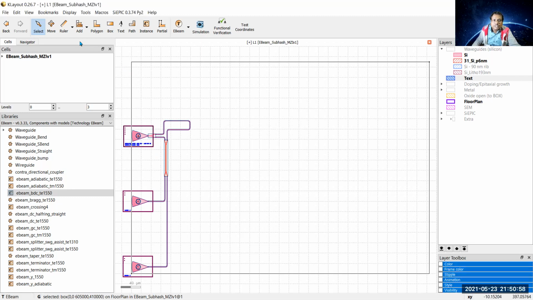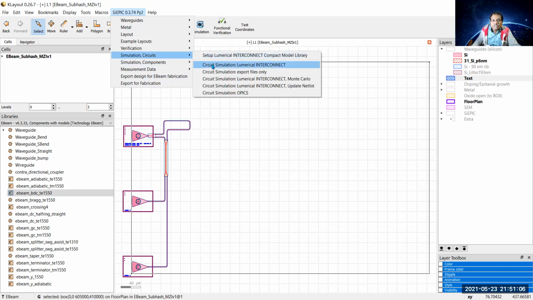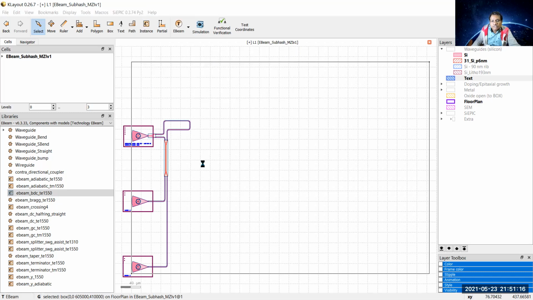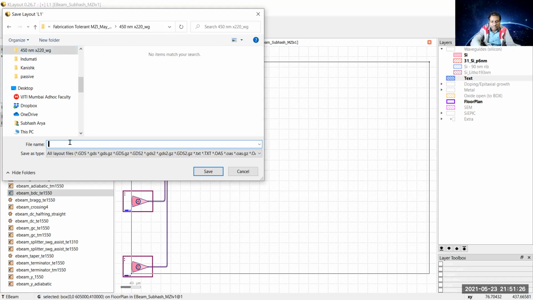So with KLayout, there is an interoperability function with simulation using Numerical Interconnect. That is another software which, with this command, will link to simulate the performance of this circuit. Before that, it requires to save the name. So I will save with mzi_sca.